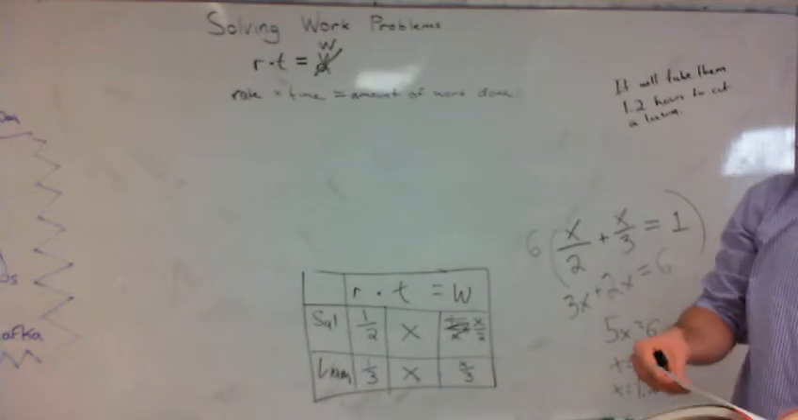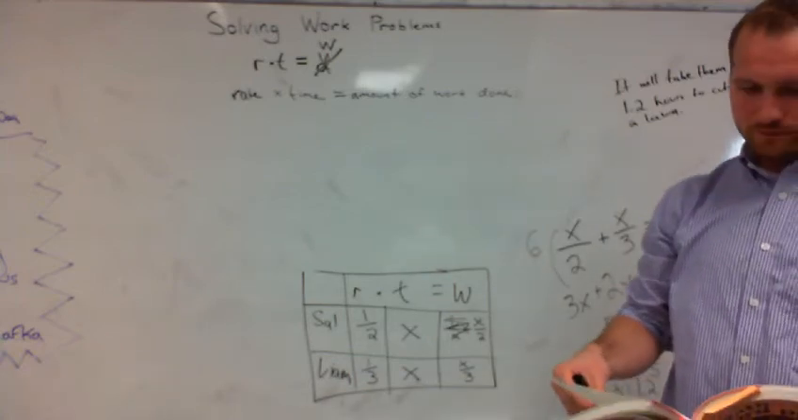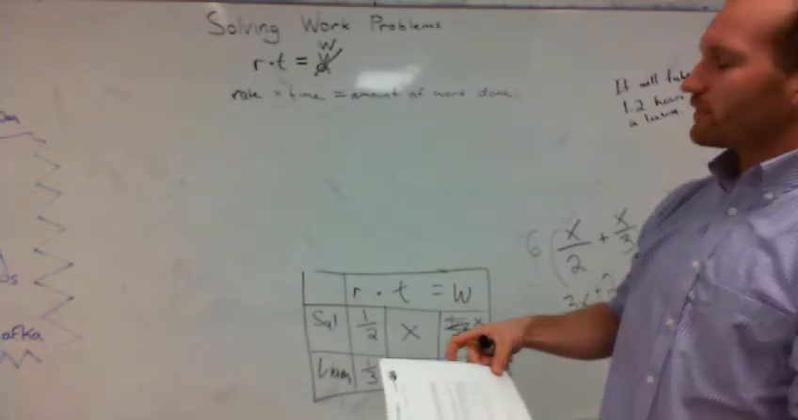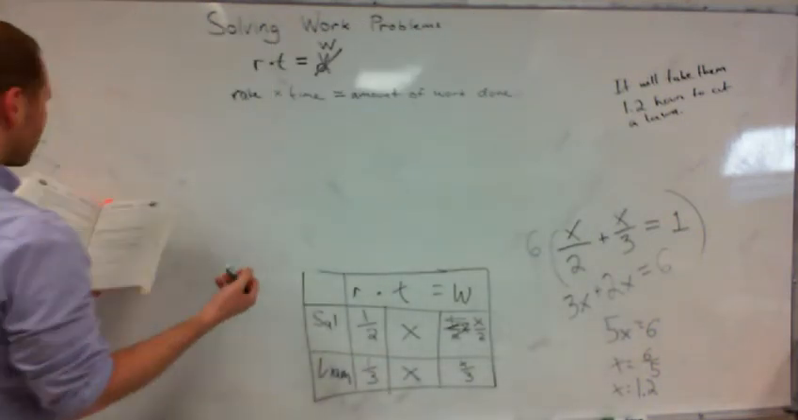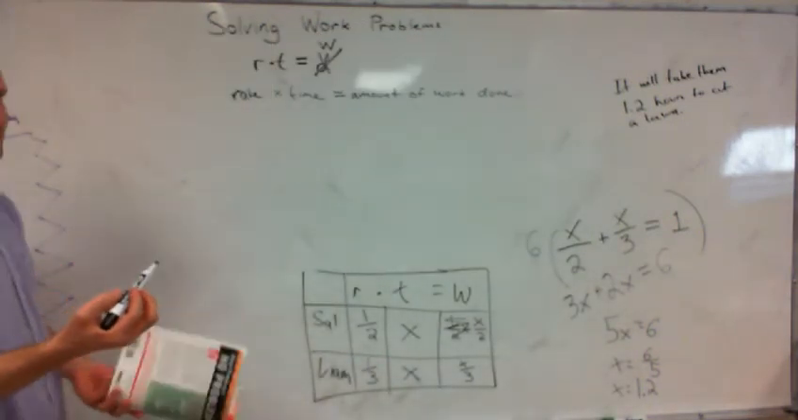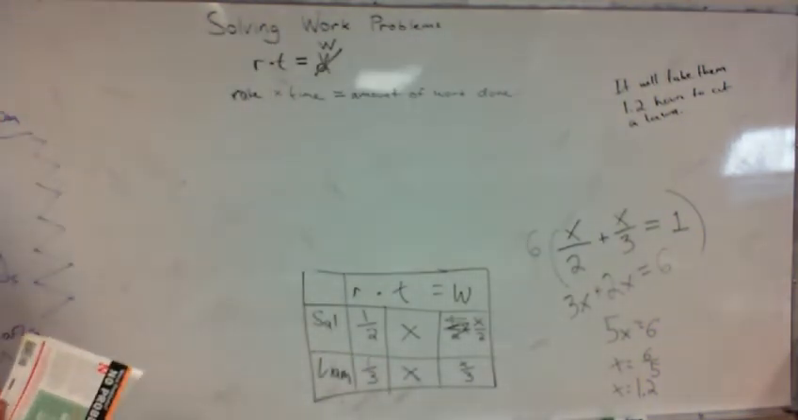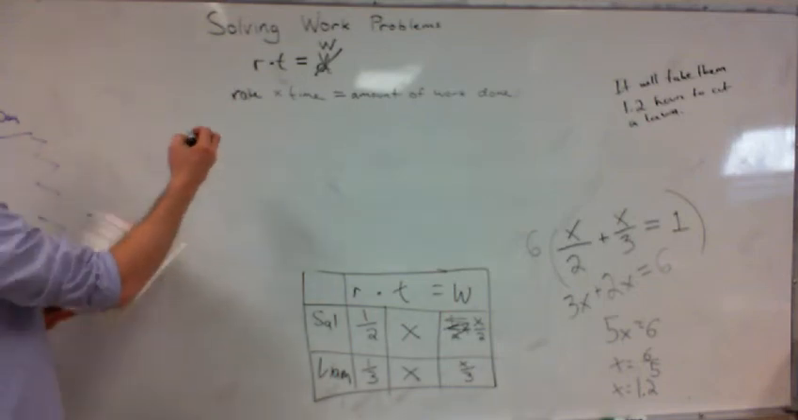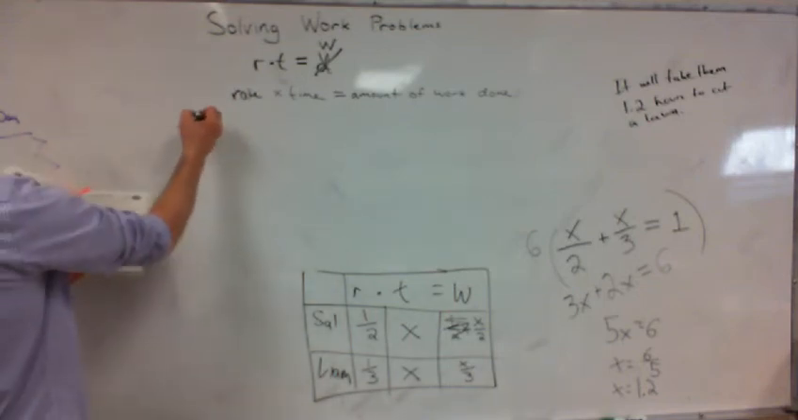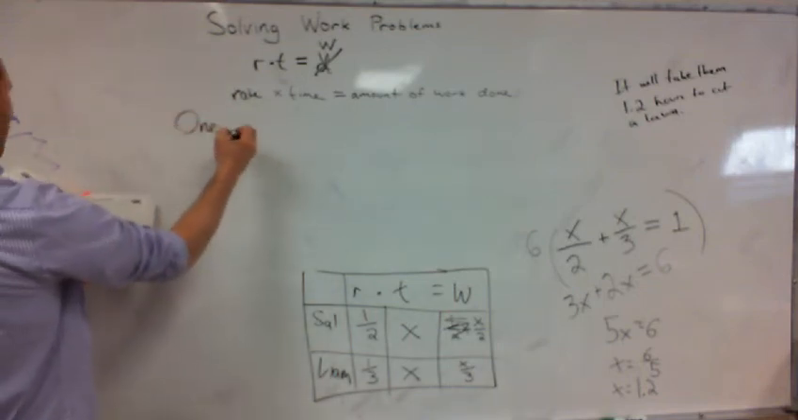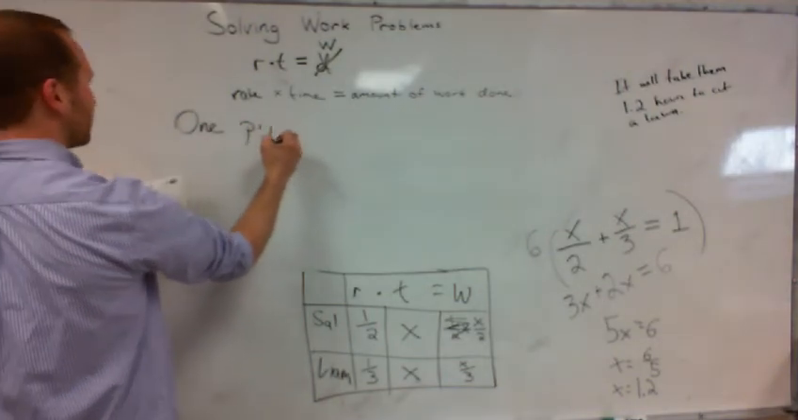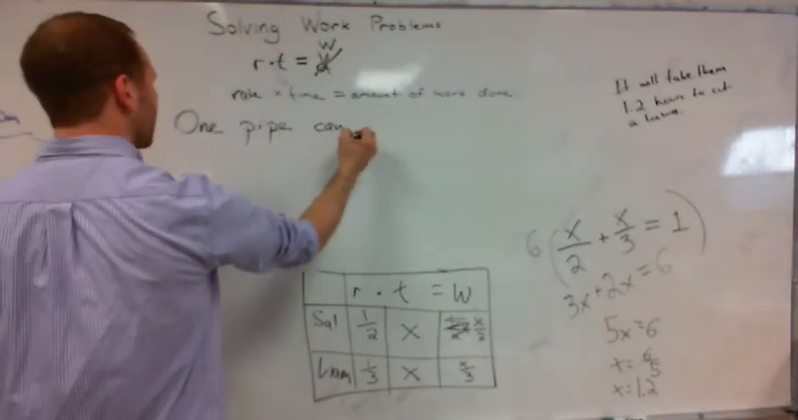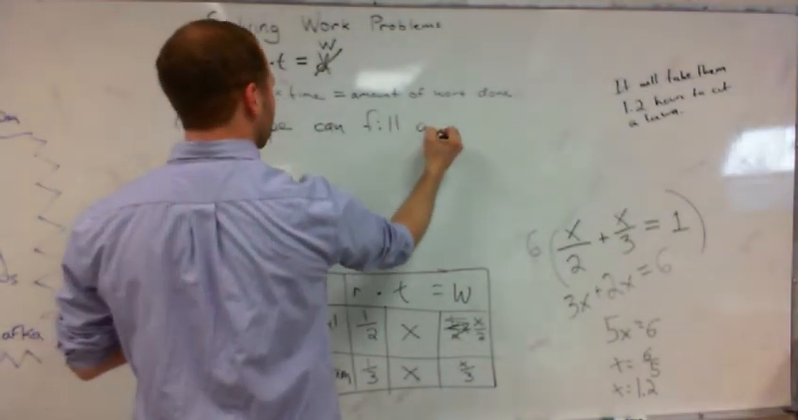Where's my next problem? Okay. So there's kind of another variation on these, which are pipes. Pipes filling up tubs or pools or something like that is another example of a work problem, even though it's not quite going to seem like it. So I'm just going to use this one from the book without adding any fun names. It says one pipe can fill a tank